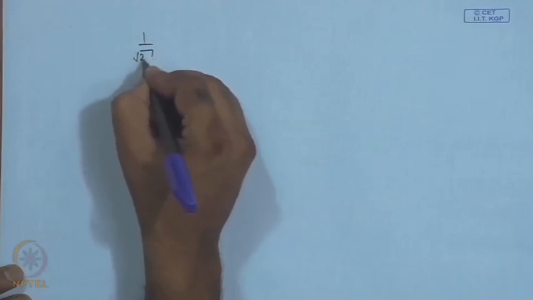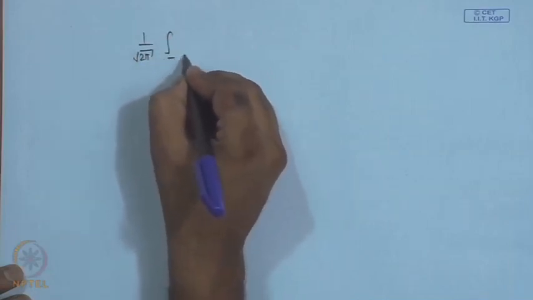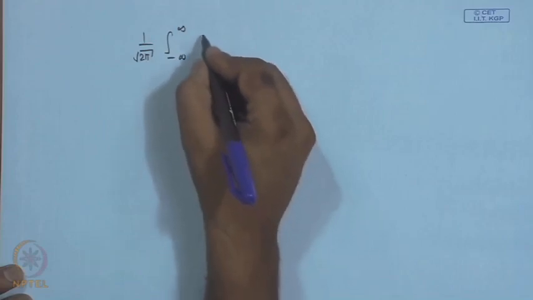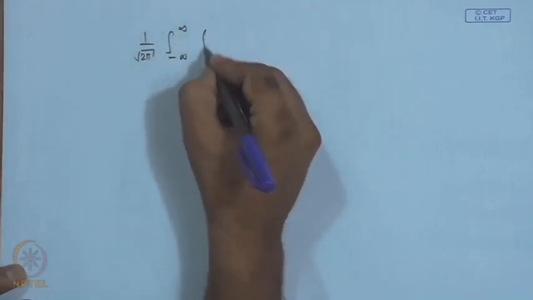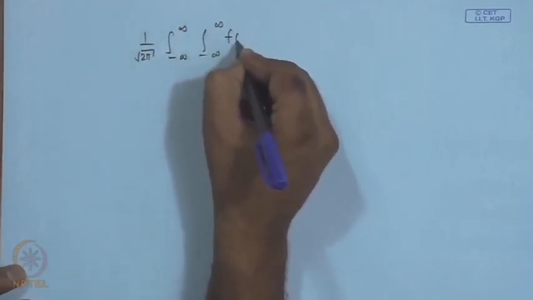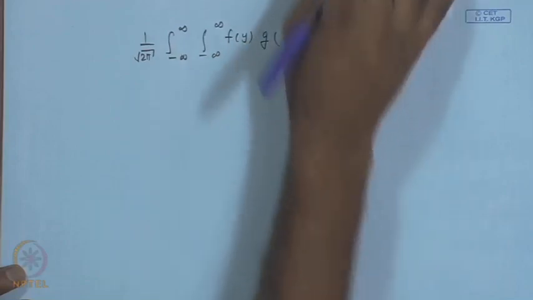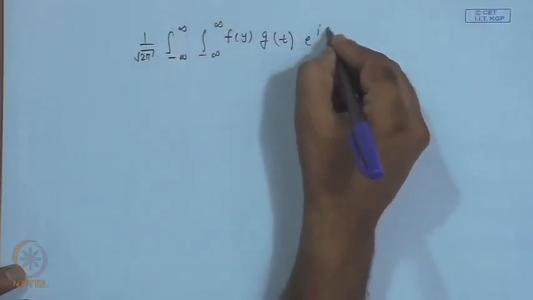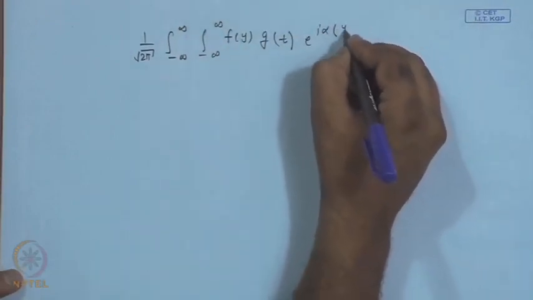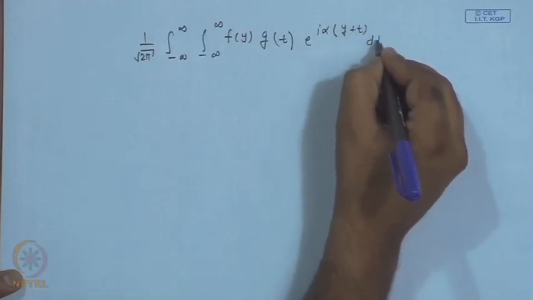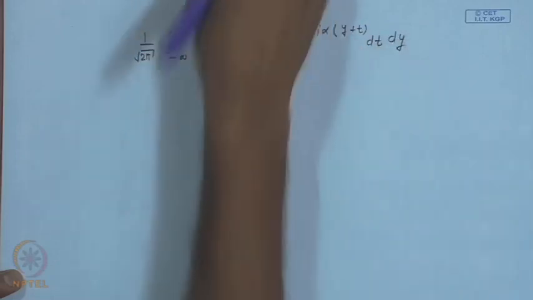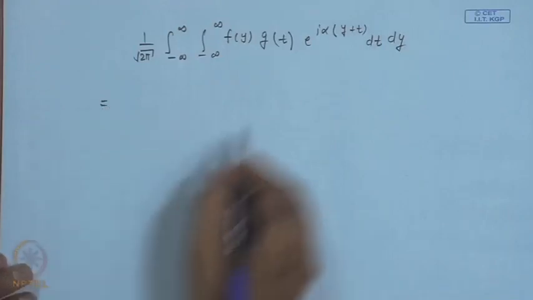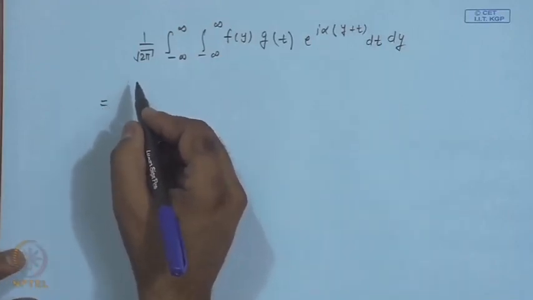So, now we get 1 over square root 2 pi, integral from minus infinity to plus infinity of f(y) as it is, and g of x minus y, which is now t, and we have e^{iαx}, and that is y plus t, and dx is dt now, and dy. So we have substituted this, and now what we see